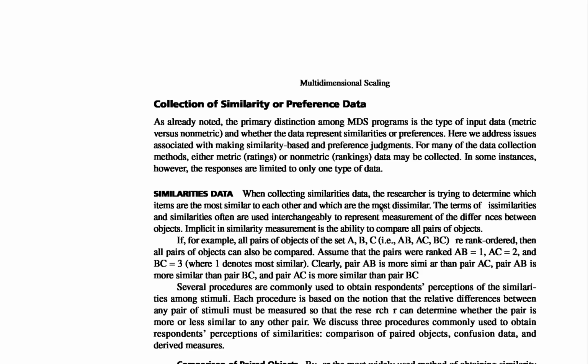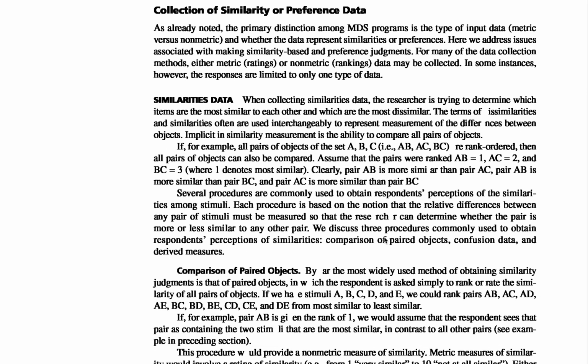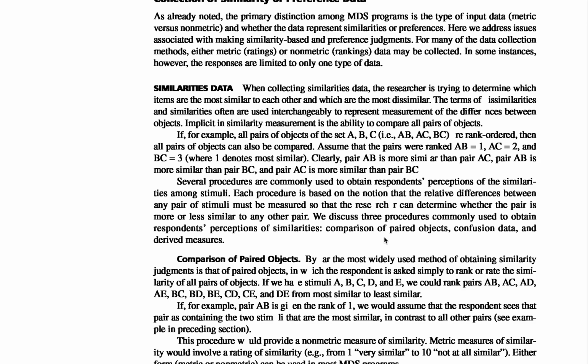For many data collection methods, either matrix or non-matrix data may be collected. In some instances, however, the respondents are limited to only one type of data. Similarities data. When collecting similarities data, the researcher is trying to determine which items are the most similar to each other and which are the most dissimilar. The terms similarities and dissimilarities are often used interchangeably to represent measurement of differences between the objects,